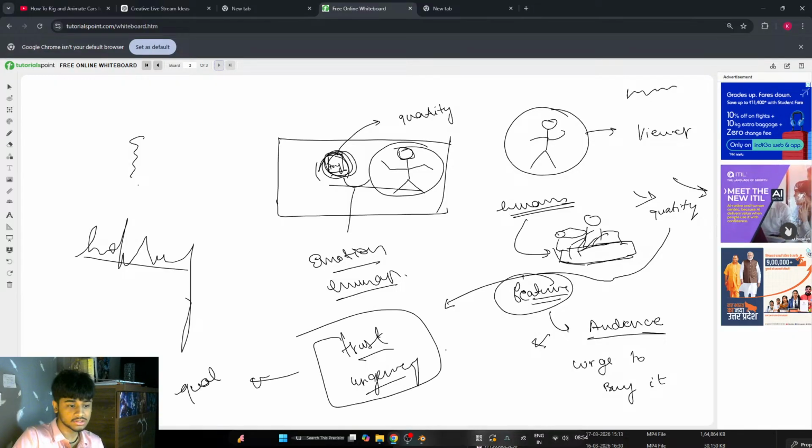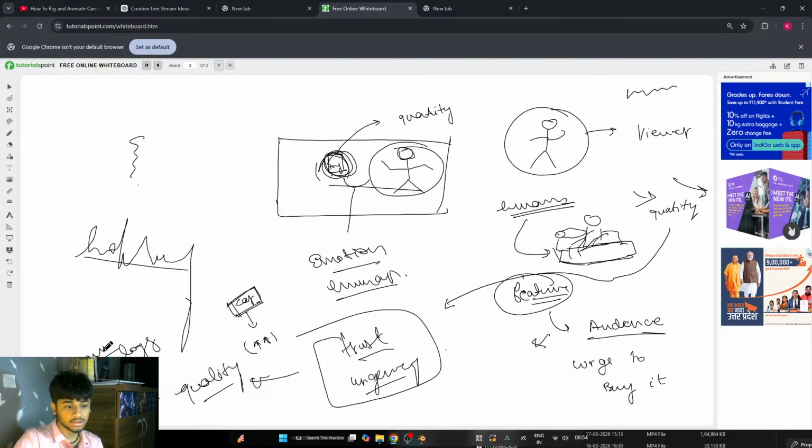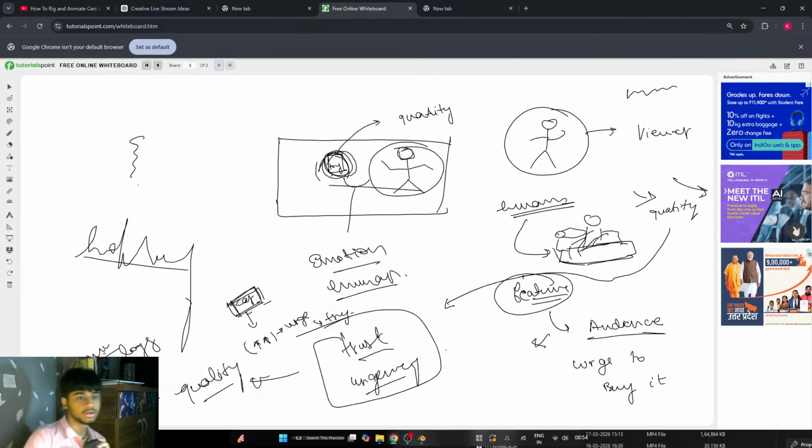And how these things come by human psychology, knowing the interests of people. Even though a car is very good, until and unless you are able to showcase that car in such a way that increases the urge to try that feature, until that time this car feature is not good, right? So I hope you understood it.